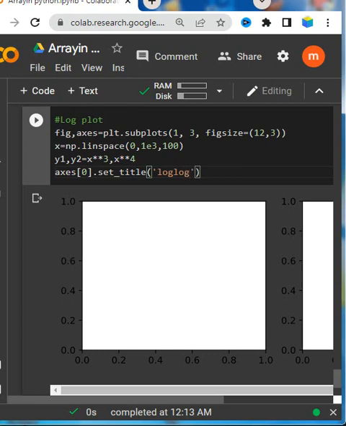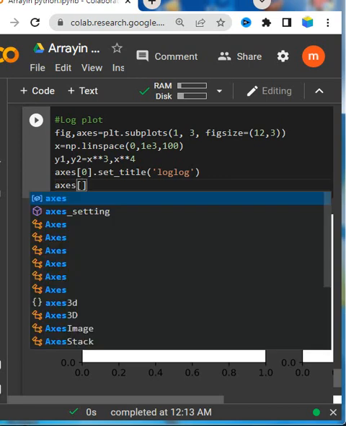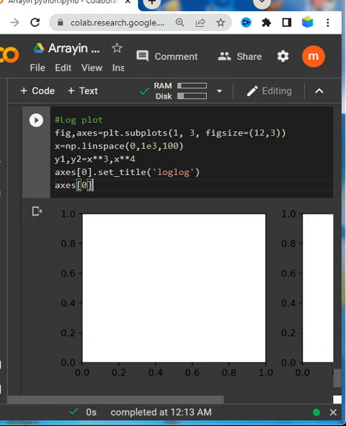And I need to put another axes with square bracket 0 because we are putting the value, and loglog. This function has already been given, and we write x as the first variable, y1 as the second,